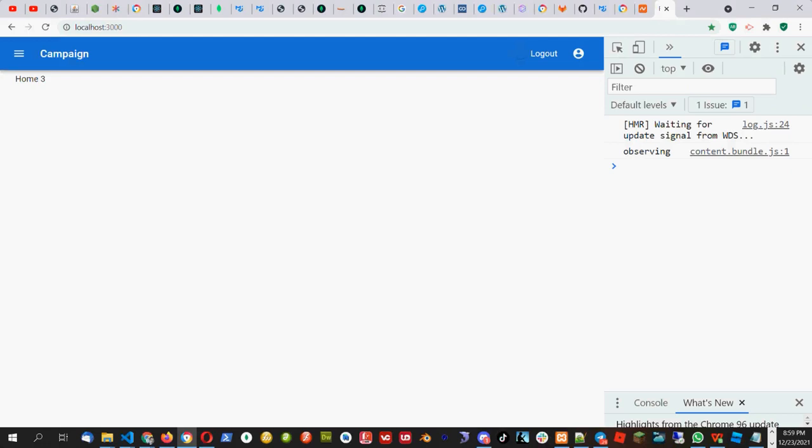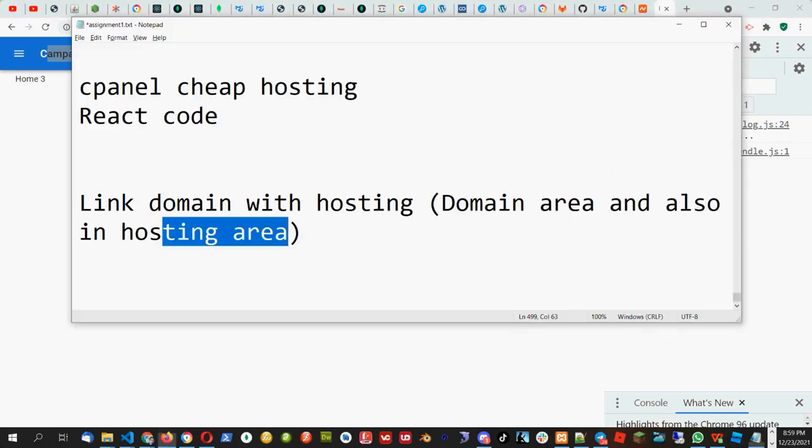Let's go now further, another thing. This part we will do tomorrow. We'll continue working on this campaign tomorrow. Today we are doing some more stuff, another stuff. So now what I want